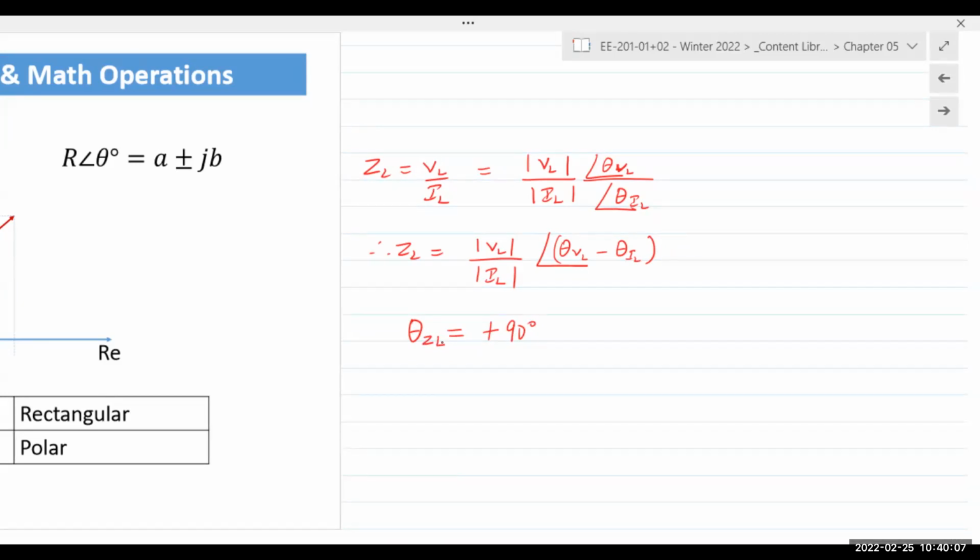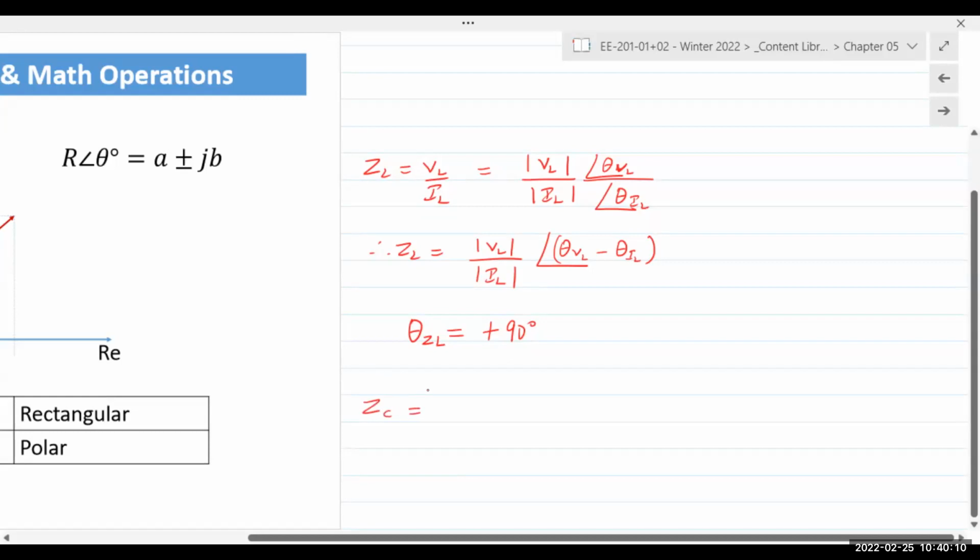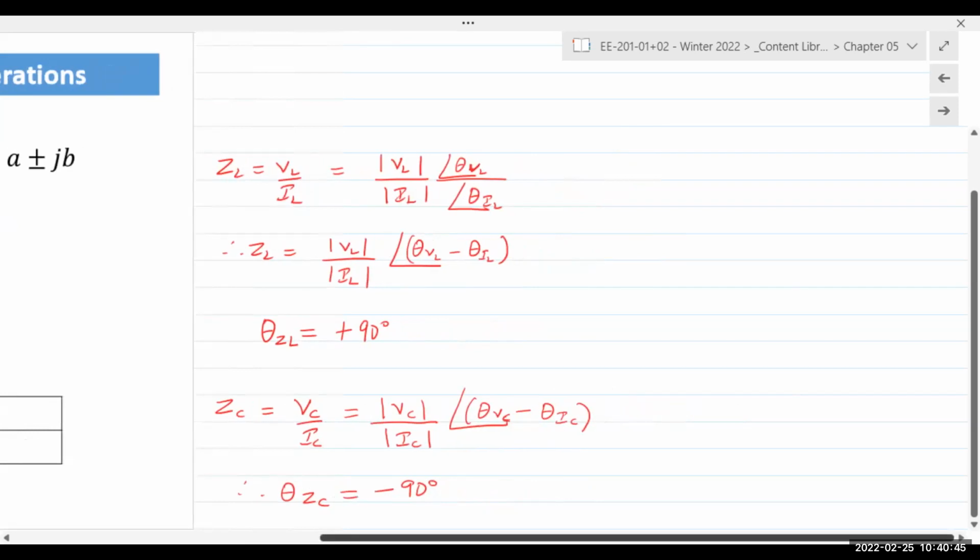Same thing for a capacitor. For a capacitor, ZC is VC over IC. And so you get magnitude of VC divided by magnitude of the capacitor current. Phase angles get subtracted. And therefore, theta of ZC is always minus 90. In terms of phasor diagrams or vector representation of the phasor diagram, plus 90